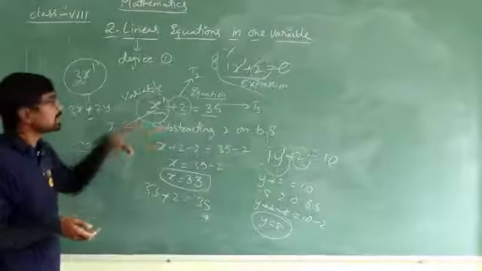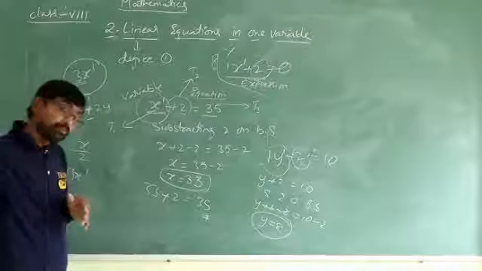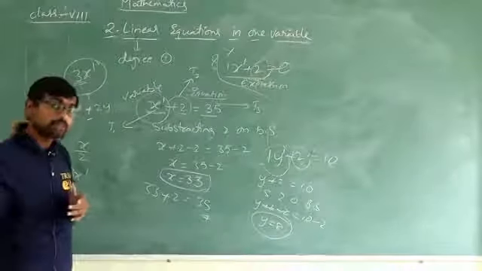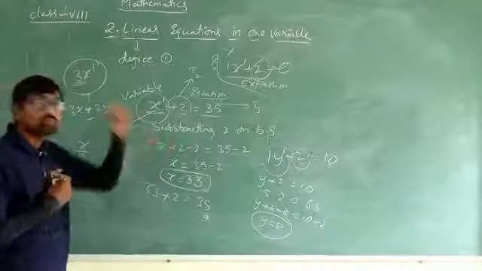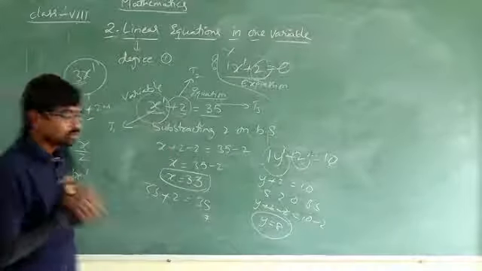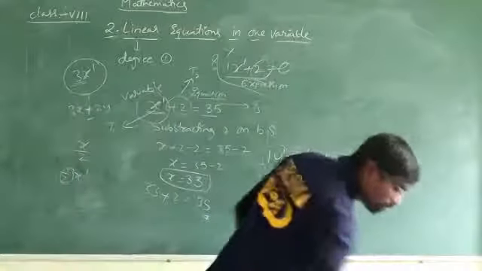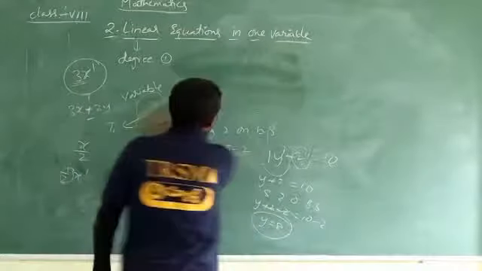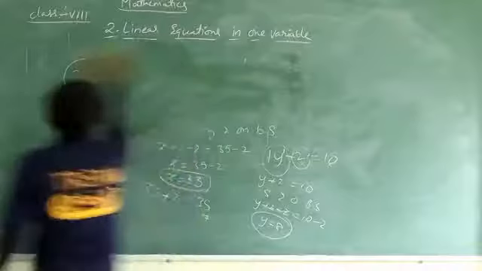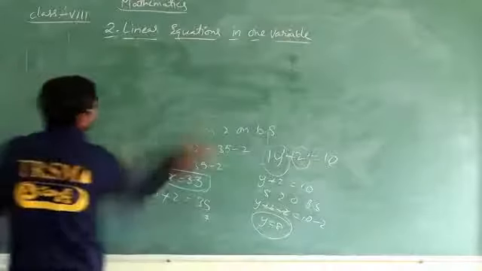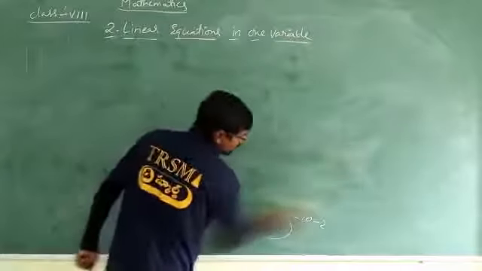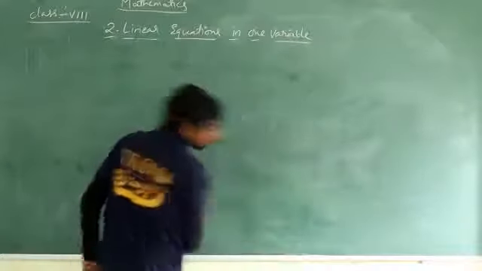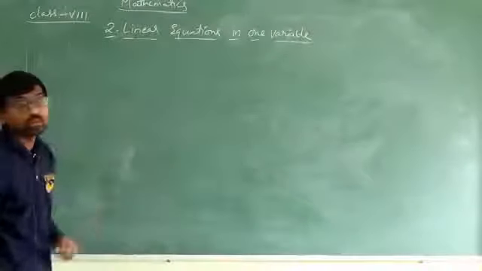We have just recapped what we discussed in previous classes, in 7th class and 6th class. This is the basic thing you have to get in your mind. Now let us do a few more examples. Is it clear to all? Why has he given this chapter name, and what is the exact meaning of linear equation in 2 variables?